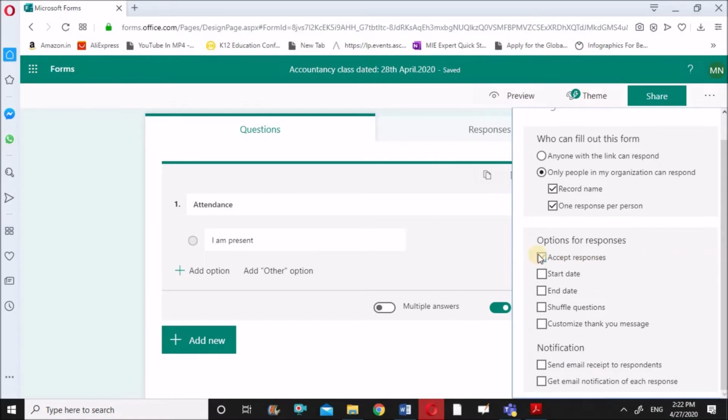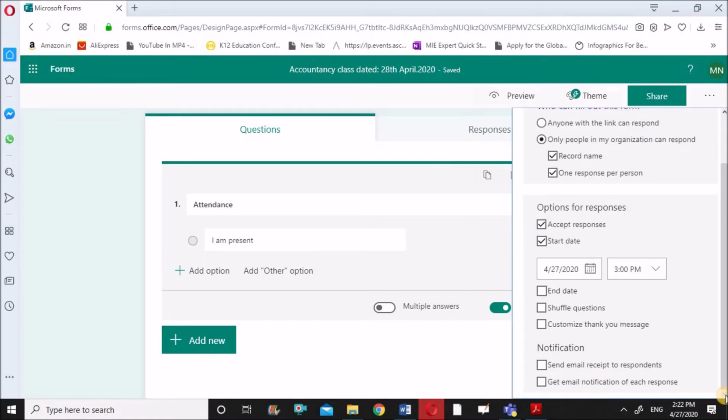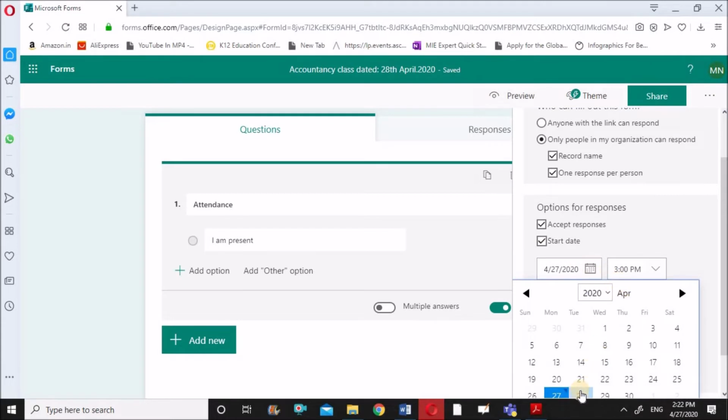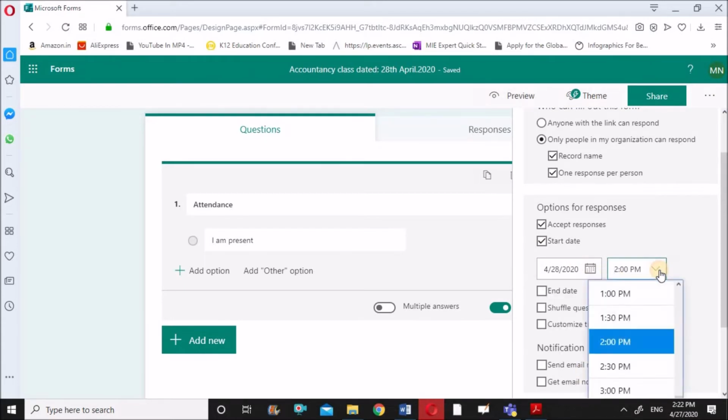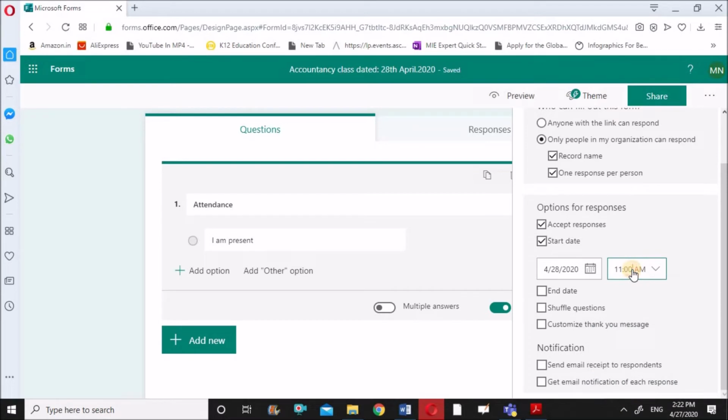And then if you go to the option of responses, I can set a start date 28th, and I can also mention the time. So I'm writing here class time as 11:15. I don't want my students to fill this attendance before that.